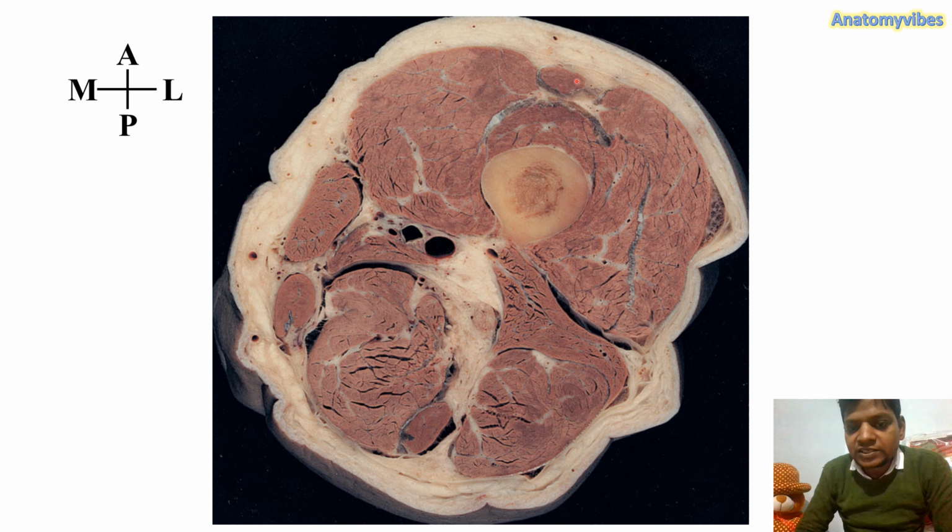Anteriorly this small muscle you can see here is the straight head, that is rectus femoris, a straight muscle. Medial to that we have vastus medialis, and lateral to that we have vastus lateralis, and deep to that we have vastus intermedius. So this is about these muscles. Now this muscle is sartorius. So this is the sartorius muscle.